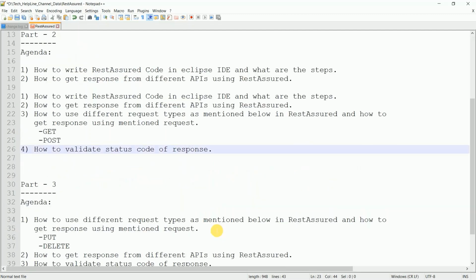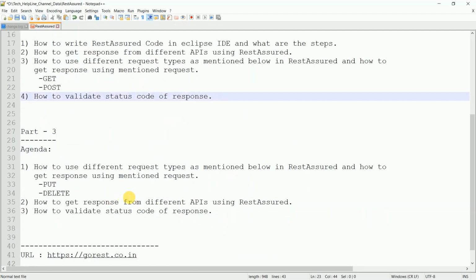Okay, so in today's class, this is part 3, and today's agenda is the same. One is how to use different request types as mentioned below in REST Assured, and how to get a response using the mentioned request. These are the request methods we are going to see: first is PUT and DELETE.